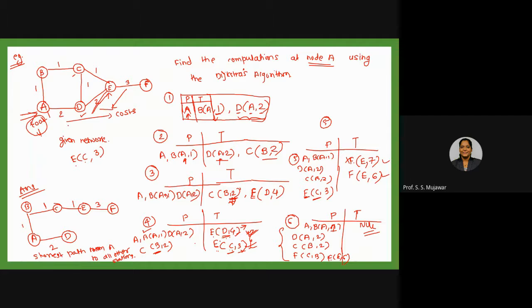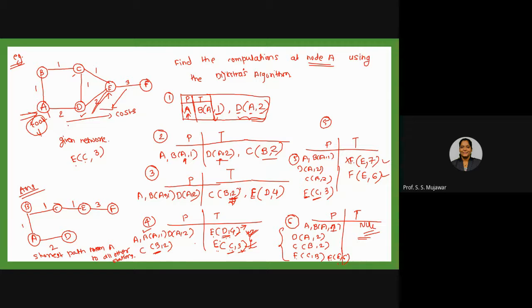Now we can observe the whole list is over, each and every node we have visited, so there is nothing left, right? So like this, first we have visited A, then B, then D, then C, then E and F. And through whom? So to reach this B, we have connected directly through A. To reach this D, we have directly connected to A.